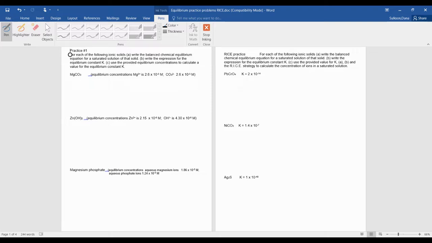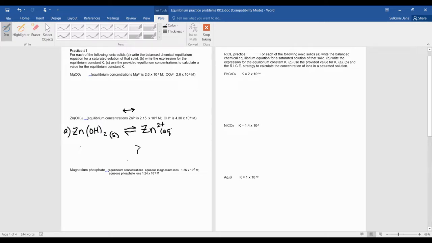So zinc hydroxide, right here on the first one, I'll do part A. Part A is taking the solid zinc hydroxide, put a little S for solid, and then it's at equilibrium, so I can do the arrows like this, or I can do an arrow like this as well, either way. It is dissociating into ions,